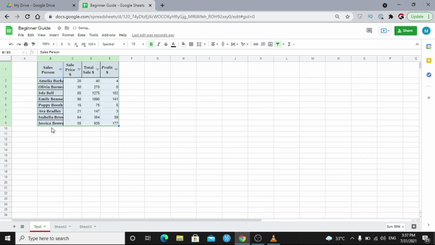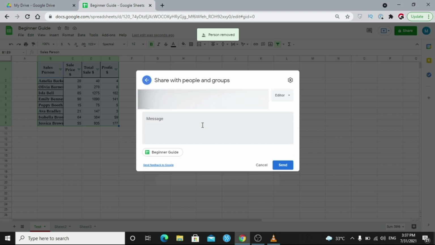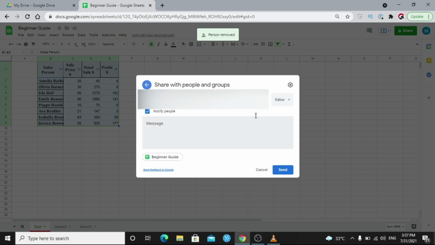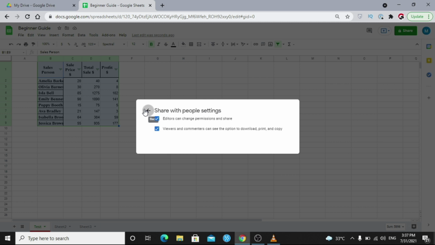The biggest benefit of a Google Sheet is that multiple users can work on a single sheet. You can do this by clicking on the share button at the upper right corner. You can write the Gmail accounts of those you want to share your sheet with, to work as a team. Here you have multiple options. You can make admins, you can make editors, you can give view only access, and you can also restrict your sheet so that no one can download it.